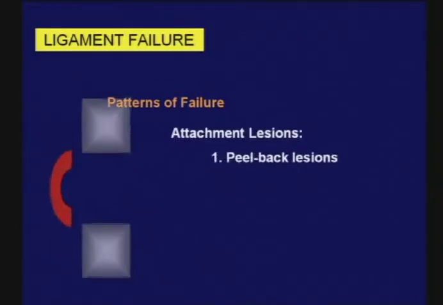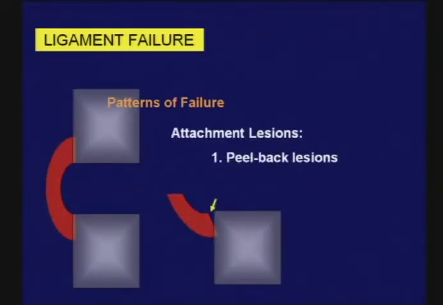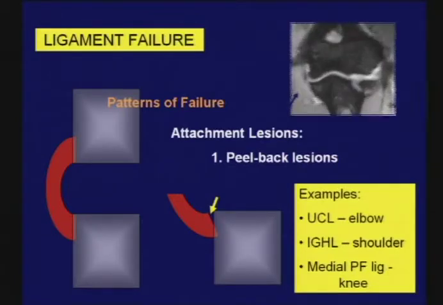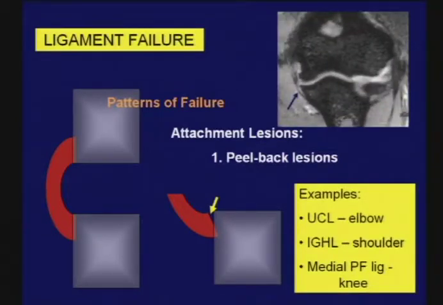There are 3 patterns of failure at the attachment site of a ligament. The first of these we will designate a peel-back lesion. This occurs when one has a thick ligament or a layered ligament in which there is failure of the deep portion of that ligament. Examples of this pattern of failure would be the anterior bundle of the medial collateral ligamentous complex of the elbow,